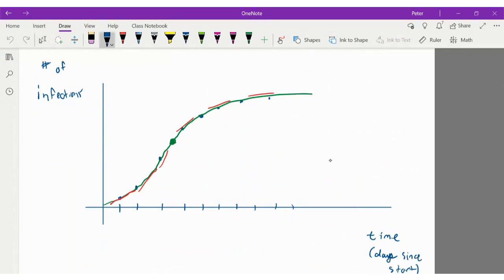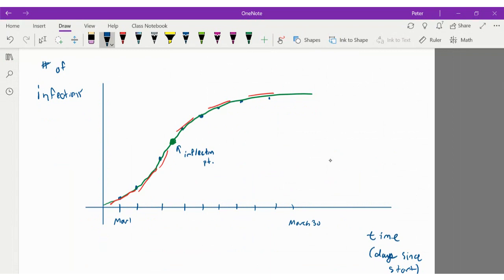So if you think of this as March 1st, and maybe this is like March 30th or something like that. What you can see is this is precisely what we're talking about in the news. What we're trying to do is hit this inflection point